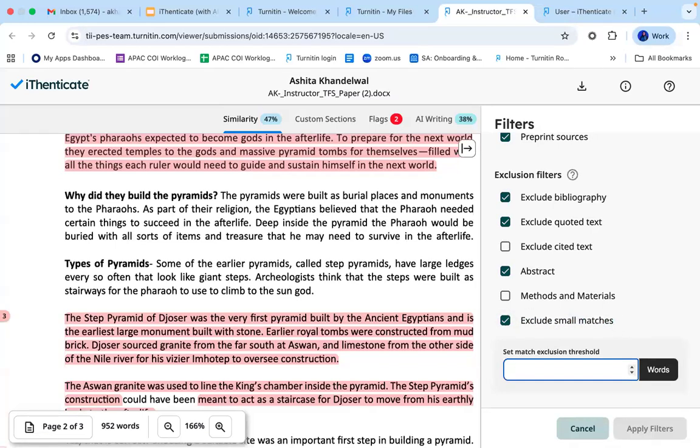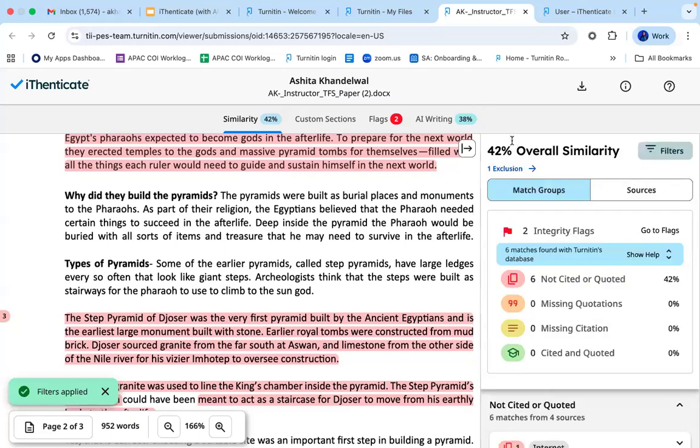Always check with your institution what word limit threshold is allowed. Just to give an example, if I'm adding 25 over here and I apply the filters, automatically my percentage will be changed. So check within your institution what filters are allowed.